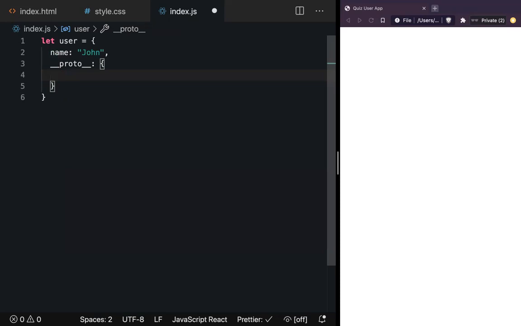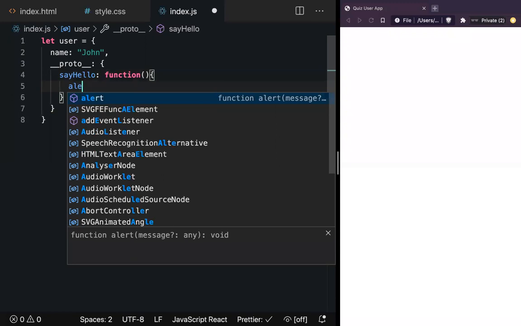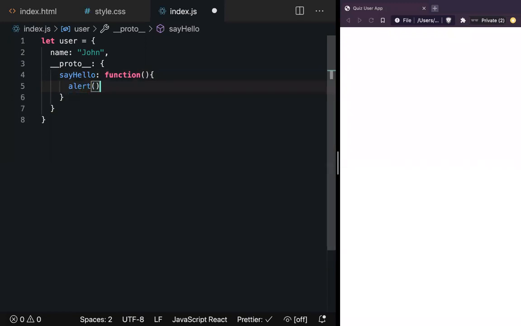I'll add a method called sayHello. sayHello is a function. What it does, it just alerts a message, and the message can be hello John. So now we have this.